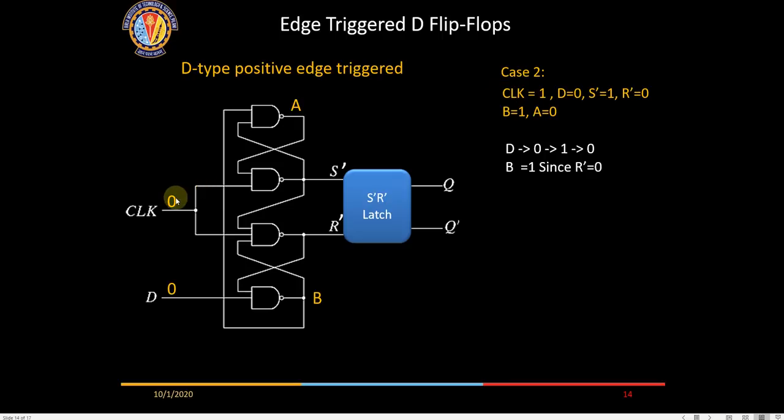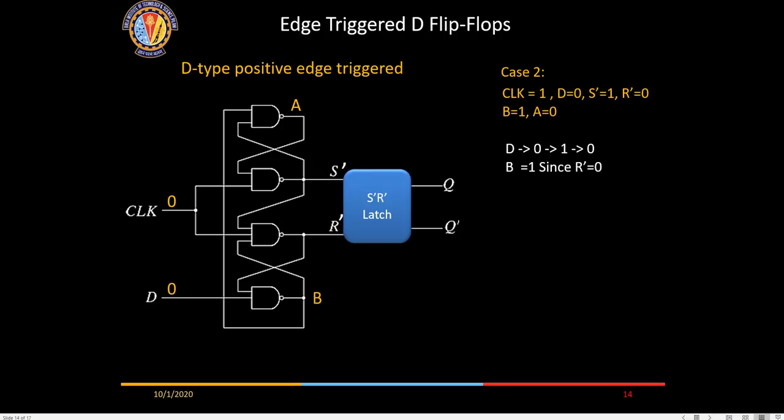The clock is 1 in this case. Don't think about this 0. So see the condition here. Clock is high, D is equal to 0. D is 0, clock is high. So Q is also 0 because it is already latched. The output is latched here. Once it is latched, it is already 0 here, so this has to be 0. S dash has to be 1, or it has to be 0? No, S dash has to be 1 because the reset has to be 0 here. Is it clear?